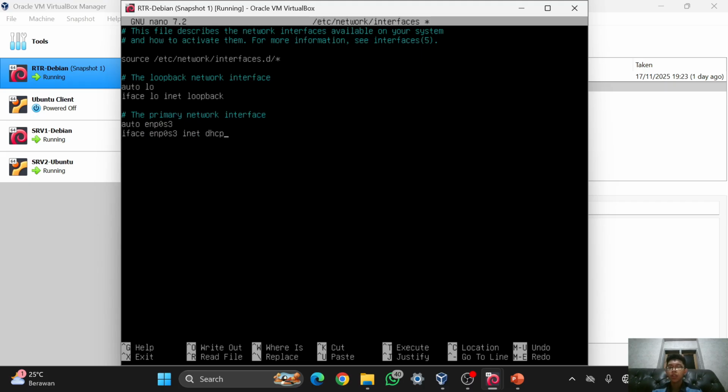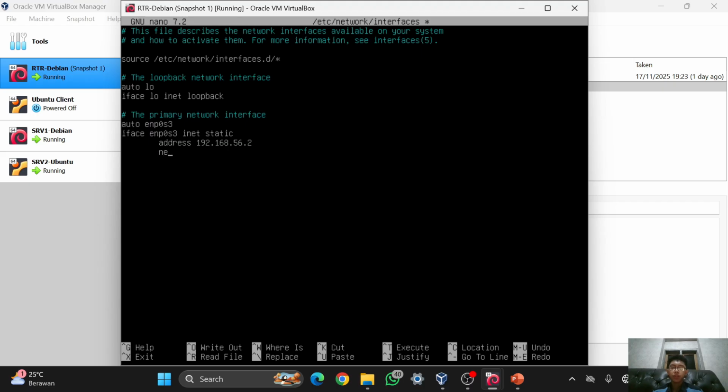For the inet, it is not DHCP, but static. I will enter and add the IP address, which is in here, tab and then address. Then I will set the adapter 1 IP, which means this one, 56.2, and then enter.